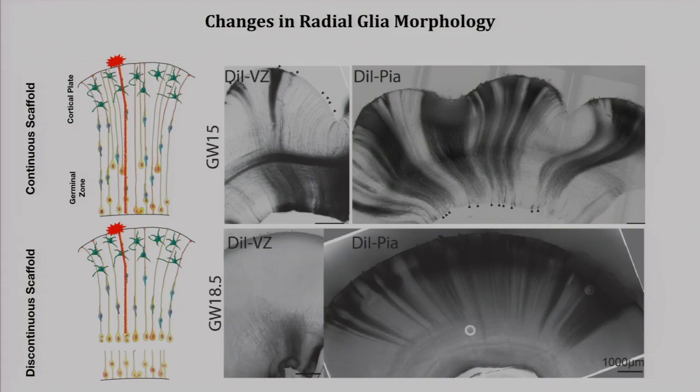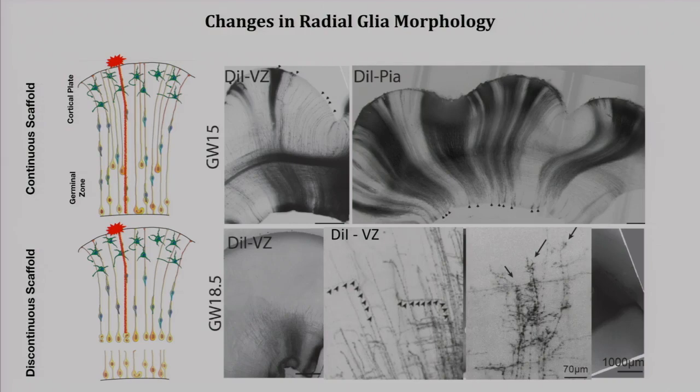the labeling of the radial glia fibers at the ventricular surface only labeled cells up until about the outer subventricular zone. And the converse experiment only labeled cells which terminated in cell bodies in the OSVZ, suggesting that indeed, during primate development, this transition from a continuous to a discontinuous radial glia scaffold is something that is quite different from the developmental histories of mice.